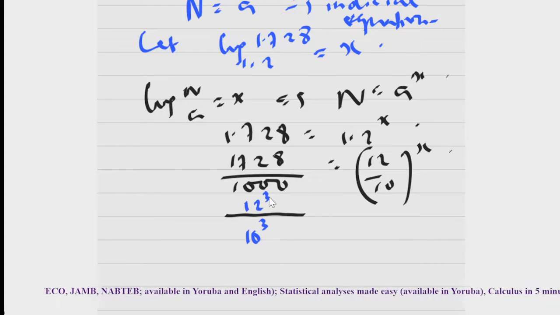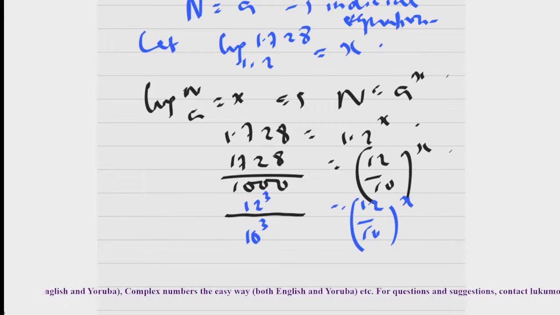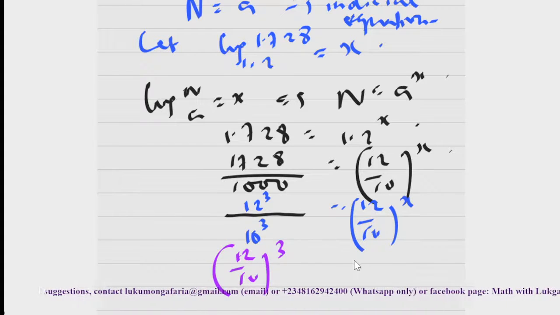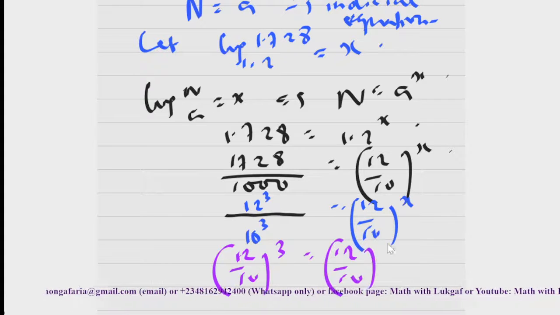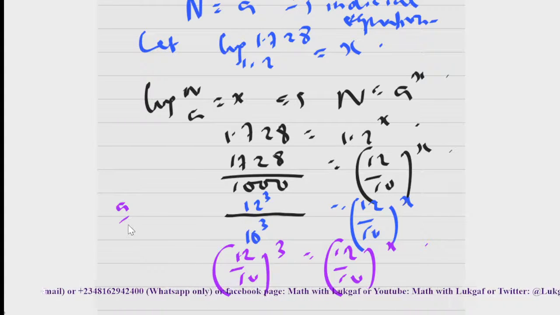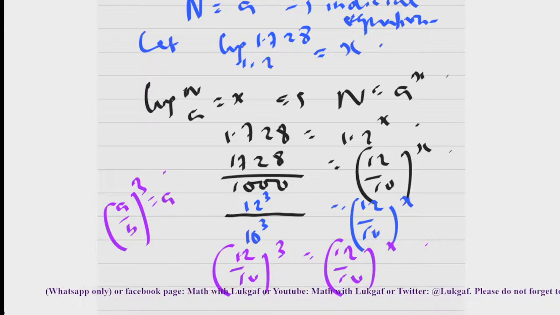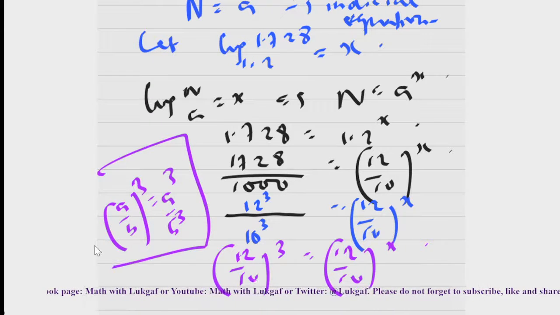The reason why I said you have to guess like this is that they may give you a cumbersome number, and you cannot find their cube root or square root. You understand? In that case, you have to guess. So it means 12 divided by 10 raised to power x. And what do you observe? You will notice that I'm having the same number here. Just that if I rewrite this, 12 over 10, everything raised to power 3, then 12 divided by 10, everything raised to power x. Recall that when you have a over b, everything raised to power 3, it is the same thing as giving the power to each of the numerator and denominator one by one.